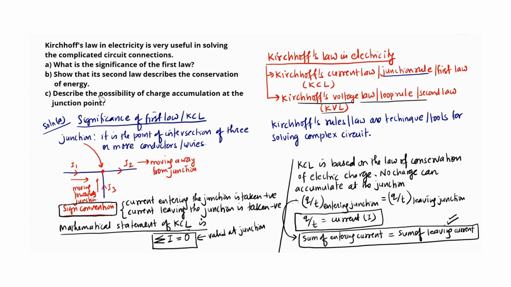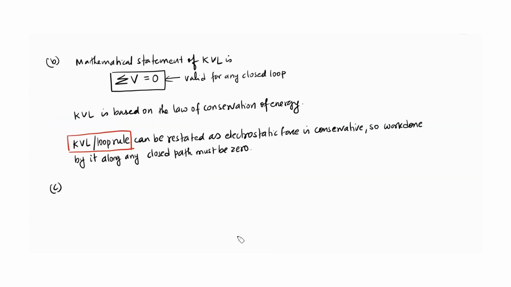Is there a possibility of charge accumulation at the junction? So what do we get? Okay, if charge or charges accumulate at the junction,